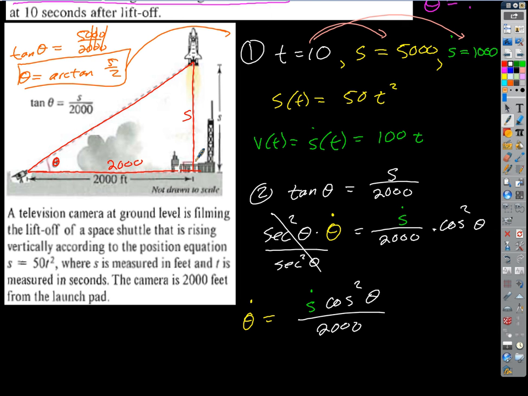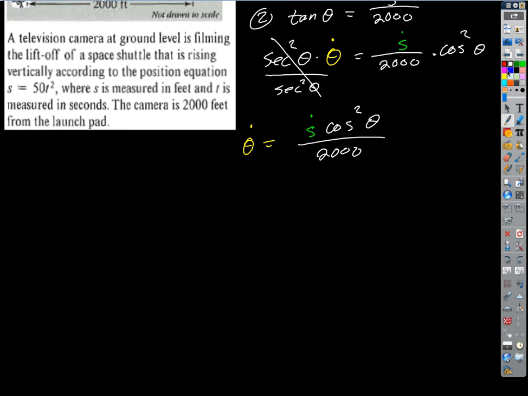So if this is 2,000 and that's S, what's the length of the hypotenuse? The square root of 2,000 squared plus S squared, right? Okay. So there's the three sides of that. Cosine by SOHCAHTOA is the ratio of what? Adjacent over hypotenuse, okay? So we could then write this as S dot, which is 1,000,